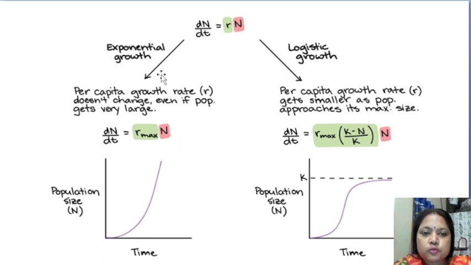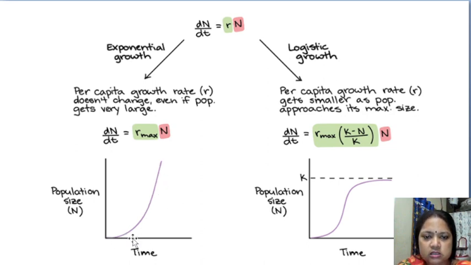So one is your exponential growth, another is your logistic growth. In case of exponential growth, per capita growth rate r does not change even if your population gets very large. Here dN by dt is equal to change in population, r is your growth rate and N is your total number of population. So it will not change a lot. This equation is valid for exponential growth, or we can say J-shaped